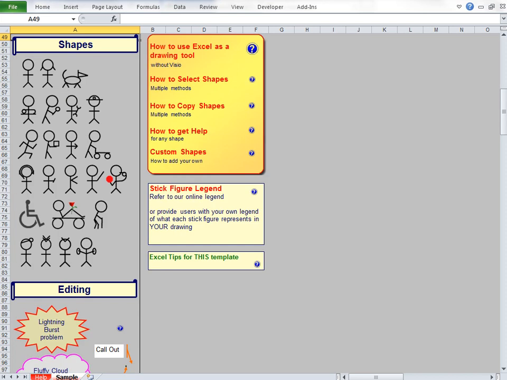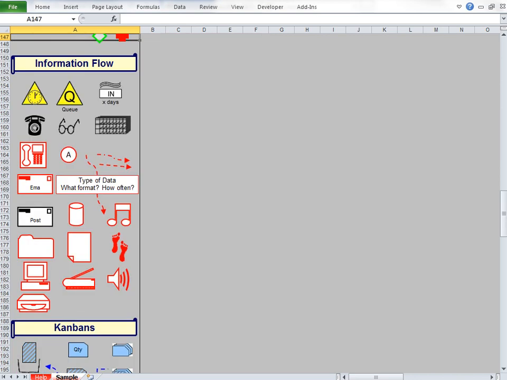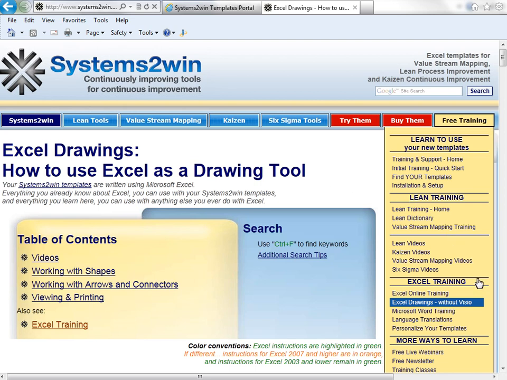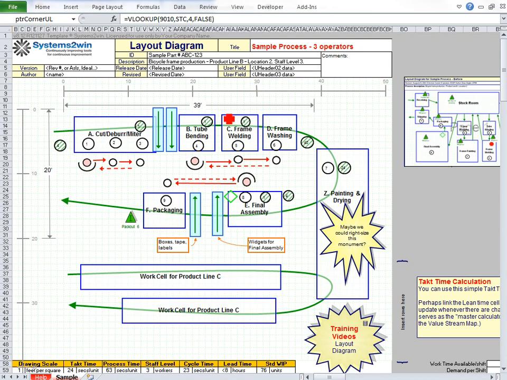It's just a great tool for illustrating the flow of people and transportation modes, as well as the flow of information through a workplace. This is a particularly powerful tool for a medical or office environment where you want to use pictures to access the intuitive, creative problem-solving side of the brain rather than just words. And once you've watched our free training videos on how to use Excel as a drawing tool, you'll realize that you don't need to buy Visio for every one of your employees. They just need training. And now your people have been trained for how to draw a layout diagram.